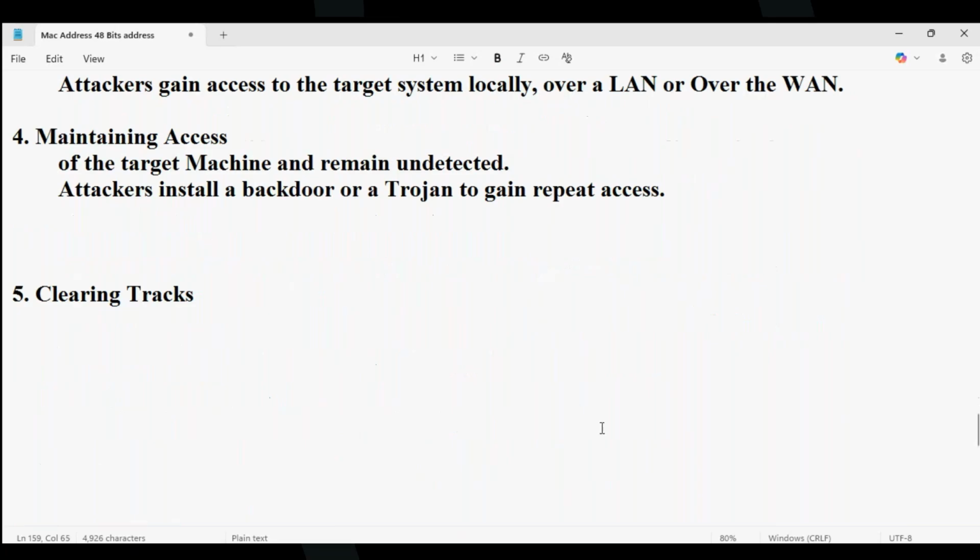If there is a Trojan, that Trojan is going to give repeated access, and you don't come to know that people are accessing remotely using a backdoor mechanism. So try to avoid any malicious viruses like Trojans. They can also install rootkits